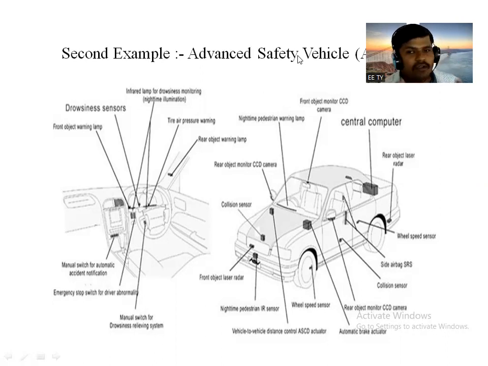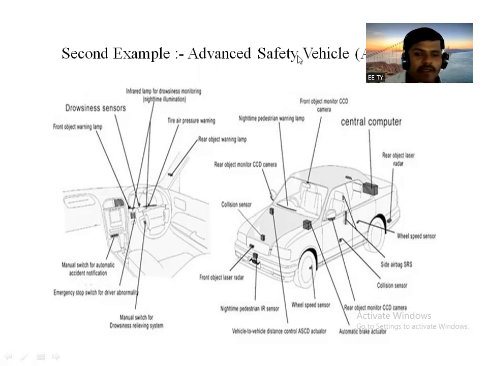Suppose we provide it like this: if the neck is inclined to the right side, at that situation your chair will turn to the right side. Similarly, if the neck is inclined to the left side, then the chair will turn to the left side. Similarly, if your neck is inclined to the front side, the chair will move to the front side. So it is nothing but a neck controlled safety chair or neck controlled wheelchair. Some people are doing projects on that also.